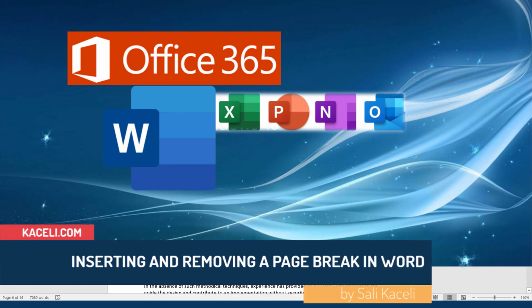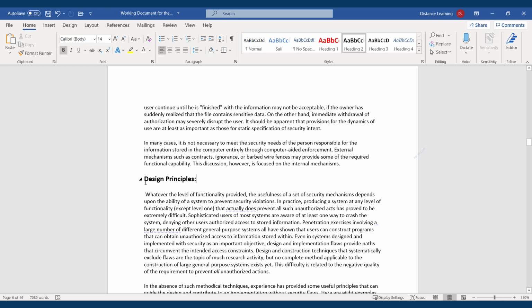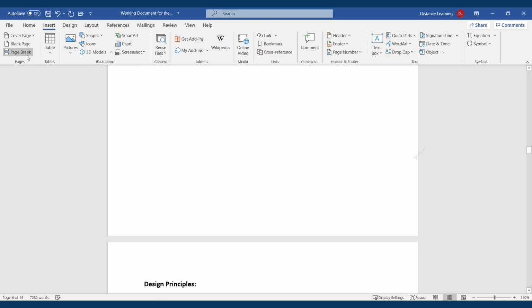In this segment of the Word tutorial, I'll demonstrate how to insert a page break in a document. So let's say we have this document and we want this heading to always be on a new page. So we go here under the Insert tab and we choose to add a page break. We basically click right in front of that heading and then go under Insert, we choose Page Break, and